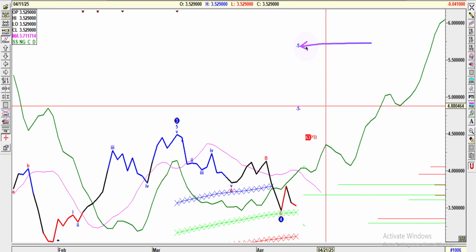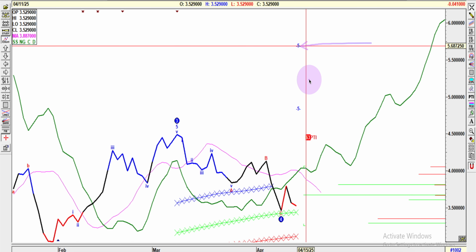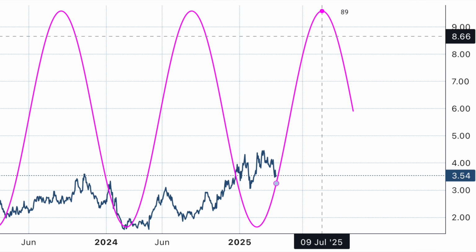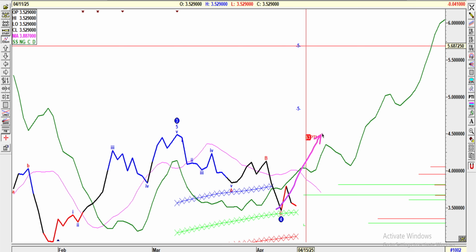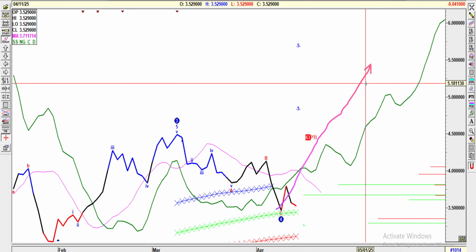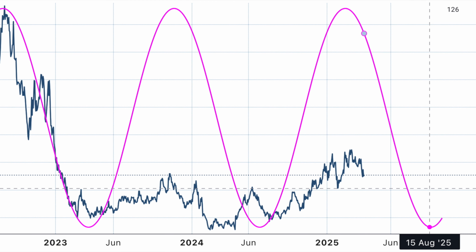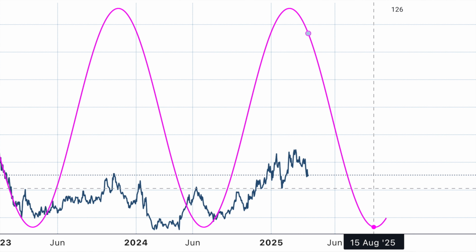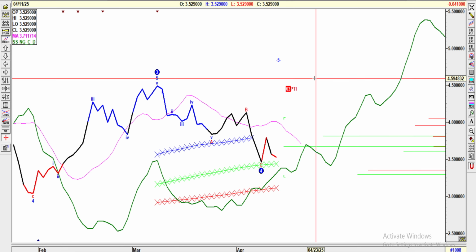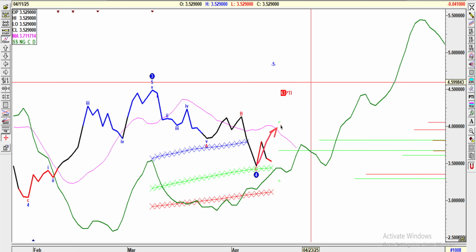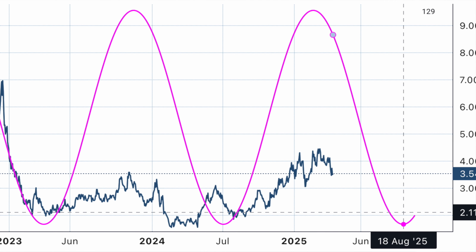If that's the case, the 254 cycle makes sense, pointing to higher prices into April and potentially continuing through July, aligning with a complete wave 5 pattern. However, if the 329 cycle ends up dominating, then we might still see a short-term rally into April or May, possibly completing wave 5 earlier, and then begin an ABC correction that takes us lower into August.